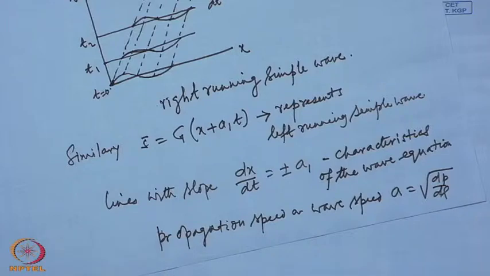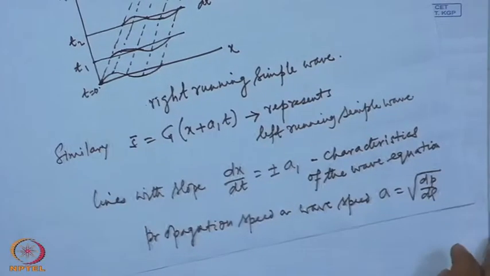The result is applicable to disturbances in which the velocity and temperature gradients are very small and u by a 1 is much smaller than 1. So, as you have assumed for the purpose of linearization, the disturbance speed or the velocity u is quite small, which now comes to be that u by a 1 is much smaller than 1, and